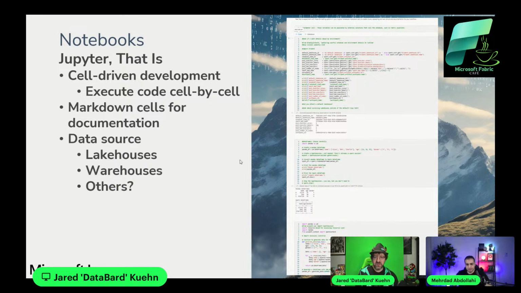In terms of data sources, this is something that is evolving with Fabric. Currently, and this is looking at specifically what the UI will support you on, lakehouses and warehouses are your most ideal use cases for working with notebooks. Not necessarily that you can't work with other things like event houses or other objects, but the UI will be targeting those lakehouses and warehouses.